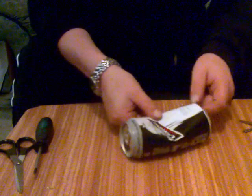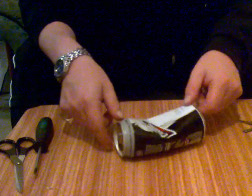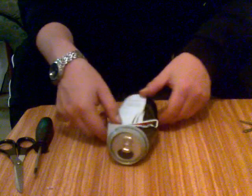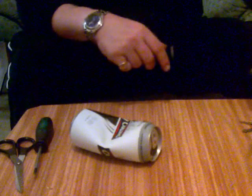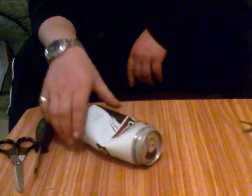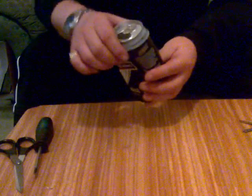When we lay the can down, obviously we need to make sure that we put the hole that we made uppermost, otherwise we'll just end up with beer all over the table. And we can leave that lying around ready to perform our trick. To perform the trick, we simply pick up the can, making sure that we put our thumb over the hole that we made here,